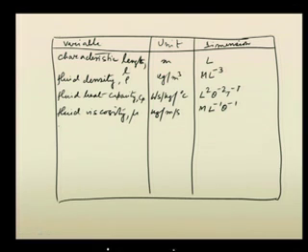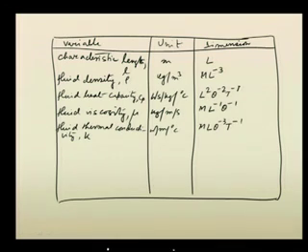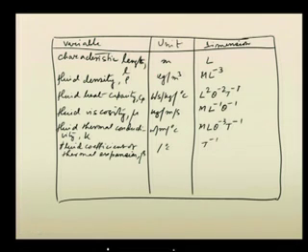Then we have fluid thermal conductivity, we will term it as k, and we know that it is watt per meter per degree centigrade, and here it would be M L theta to the power minus 3 T to the power minus 1. And then fluid coefficient of thermal expansion, we will term this as beta, and its unit is per degree centigrade, and it will be T to the power minus 1. Then gravitational acceleration, that is g,